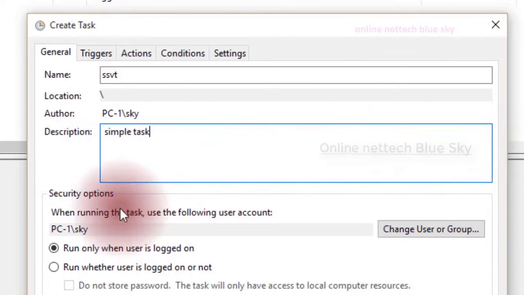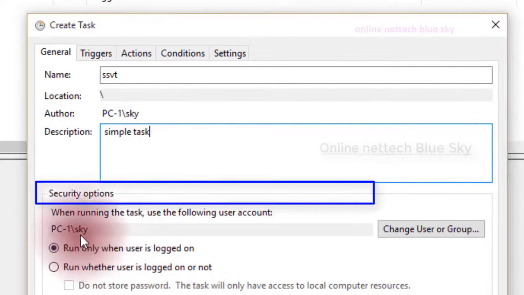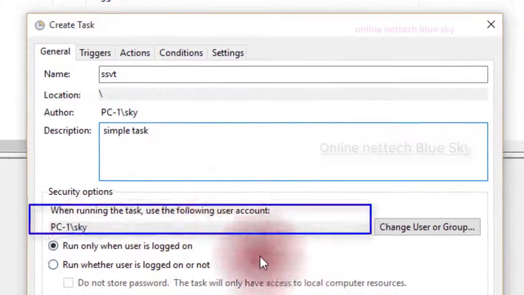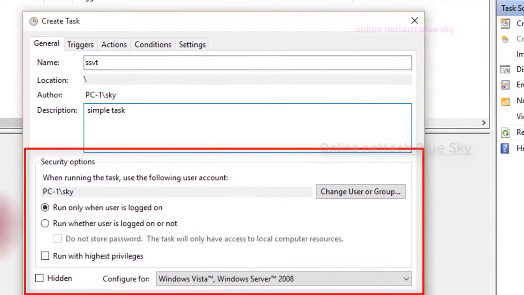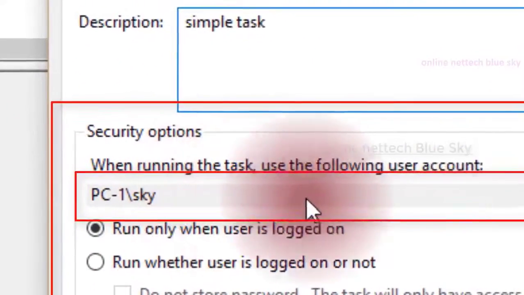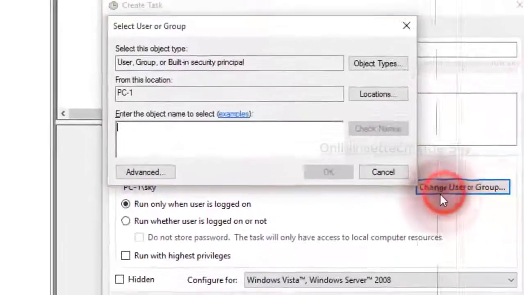Okay, and Security options means this gives security for your task, and you can see 'When running the task, use the following user account'. You can change your groups, you can change your user. I'm just making this task work for this user only. Okay, sky name, this PC name.